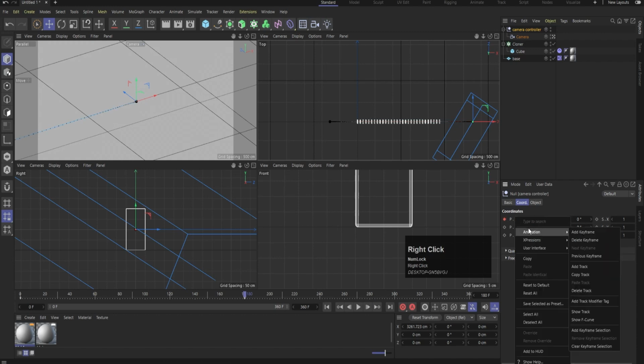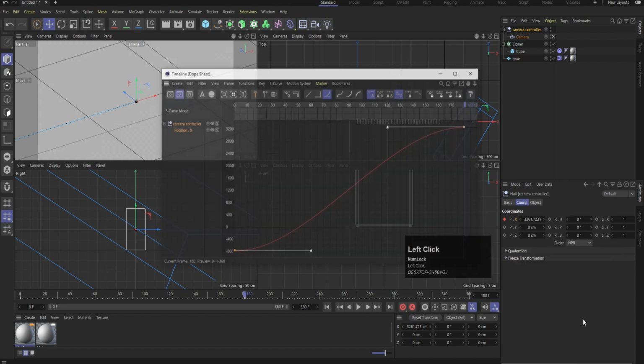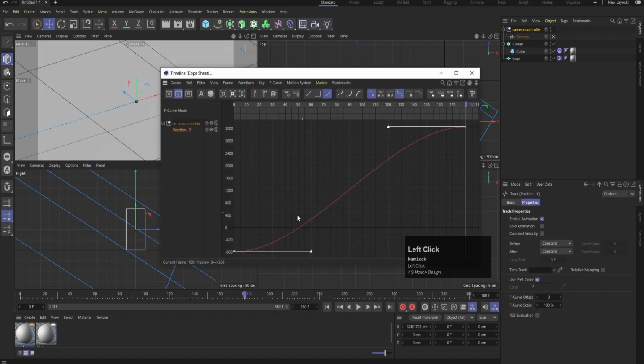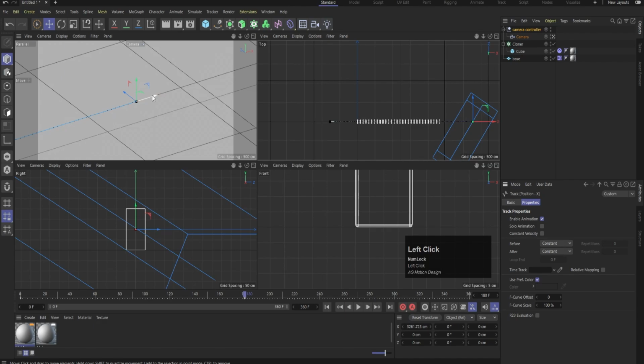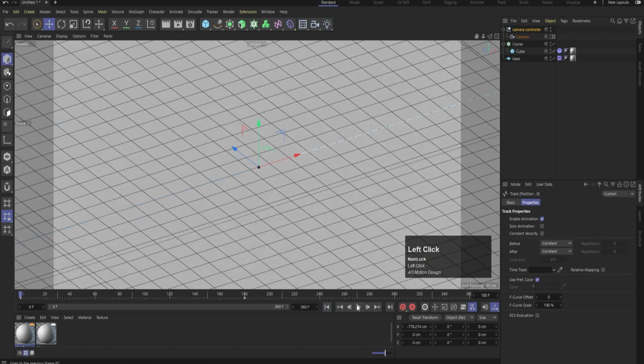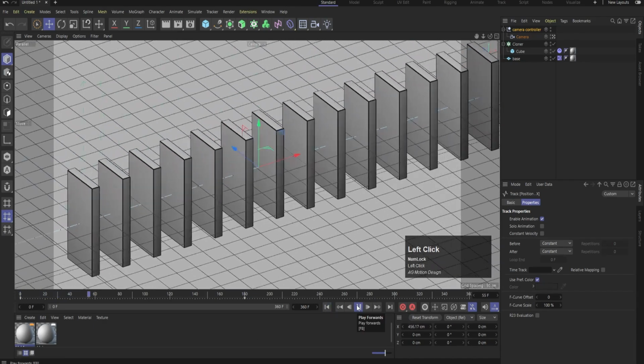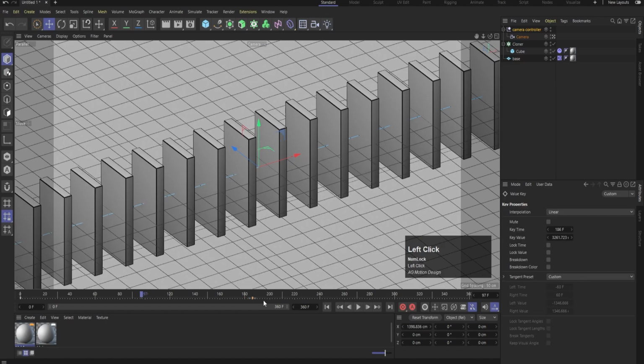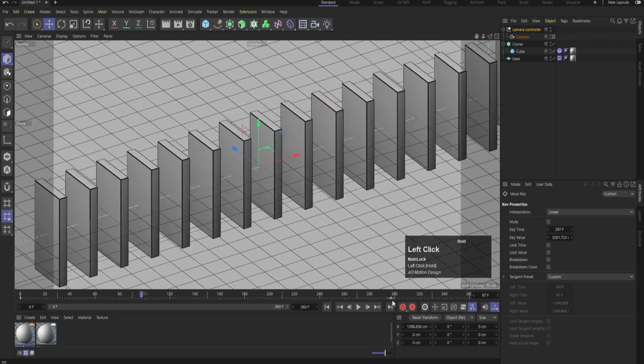And I'm going to select this exposition properties. I'll right click animation, and I'm going to choose show F curve. And right now the F curve is kind of in curvature form. We don't want that. I'm going to choose linear format. So now the speed is going to be constant. So now if I hit play this animation, I'm gonna get something like this. But this animation looks quite fast,